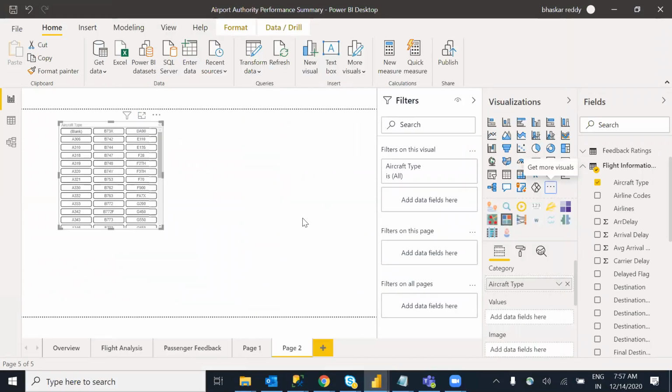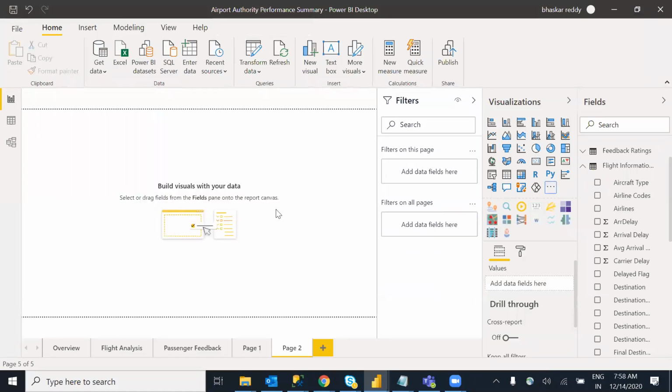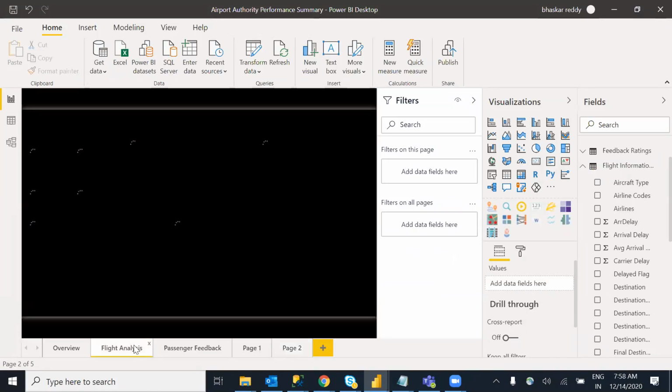If any of the requirements is not fulfilled by your default visualizations, you can get a custom one, add it, and use any of the visualizations. This is a custom visualization. Okay, this one I will upload, so maybe try to practice all these visualizations.